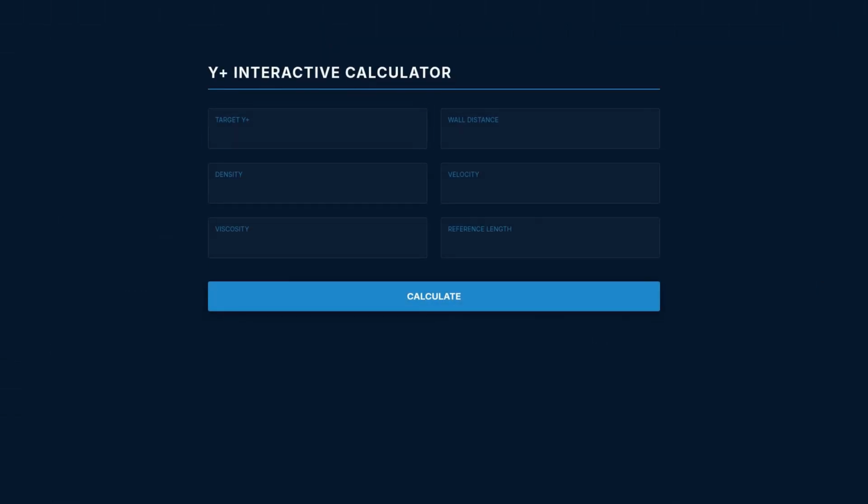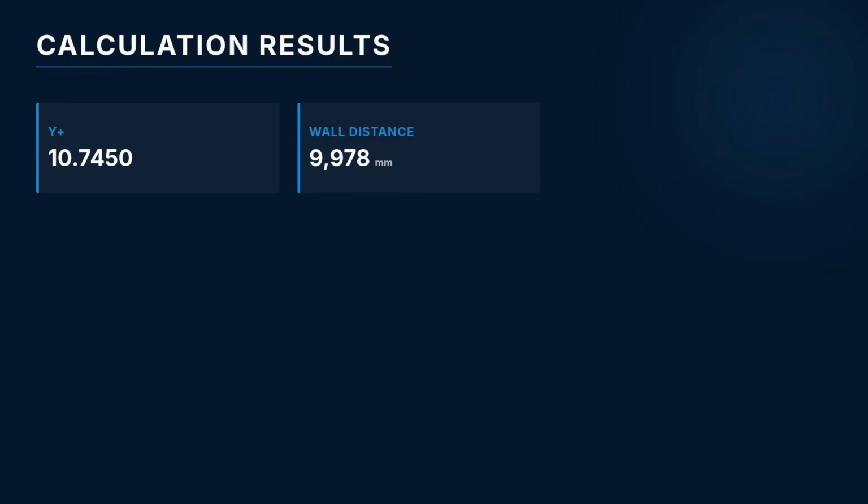Here's a worked example. I'll input 10 for all fields. Target y plus equals 10, wall distance equals 10 meters, density equals 10, velocity equals 10, viscosity equals 10, and length equals 10. After clicking Calculate, the results show y plus equals 10.745, wall distance converts to 10,000 millimeters, friction